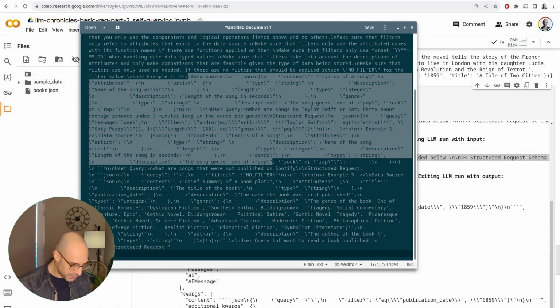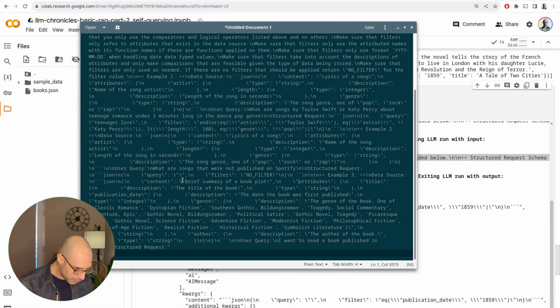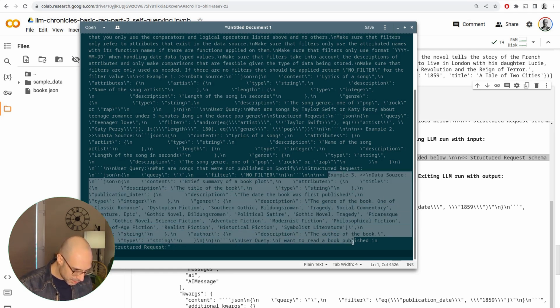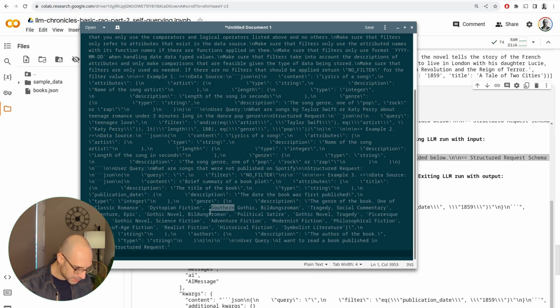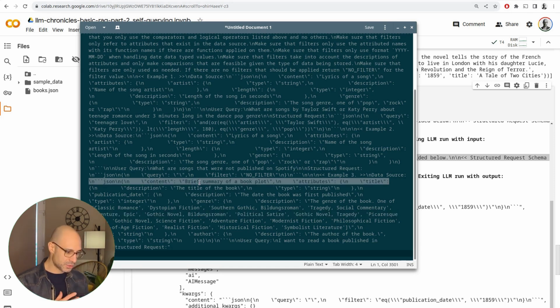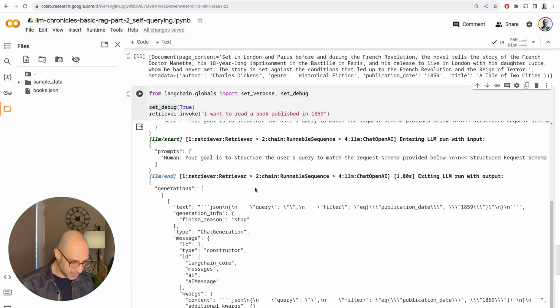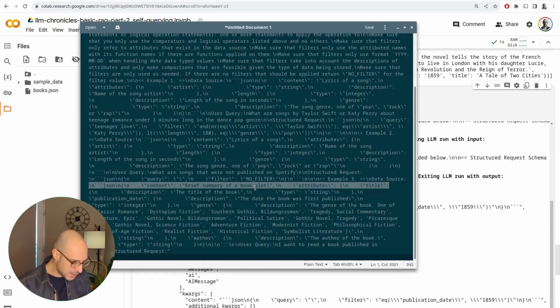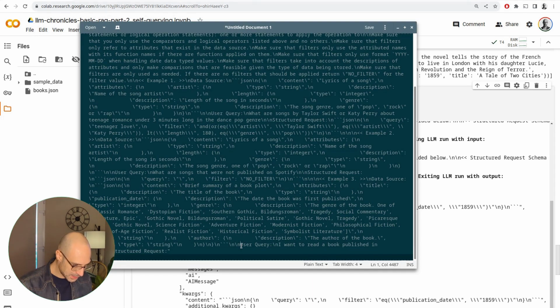It's using some songs here, but then it's also providing the information we gave it. For example, the third example here is what we provided. This is the description of the metadata in the book and what is actually contained in the plot summary, the content. So we've got this, and based on this information, looking at the query, which is provided at the end